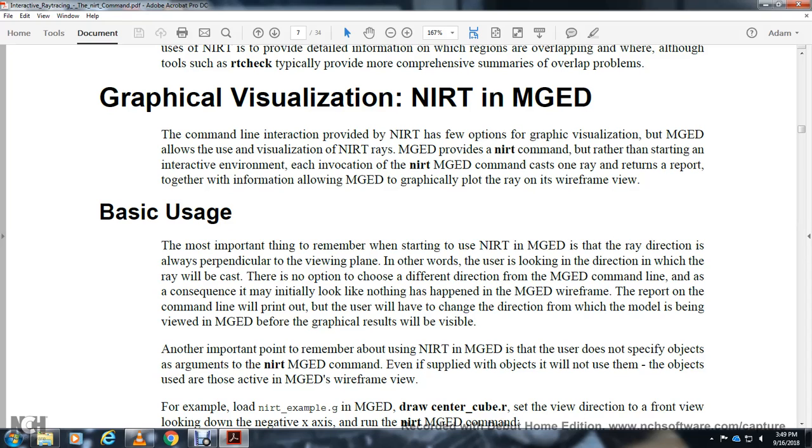MGED provides the NIRT command rather than starting an interactive environment. Each invocation of the NIRT command in MGED casts one ray and returns a report, and together with the information along the ray, MGED graphically plots the ray in the wireframe. Alright, basic usage. The most important thing to remember at the start of NIRT in MGED: